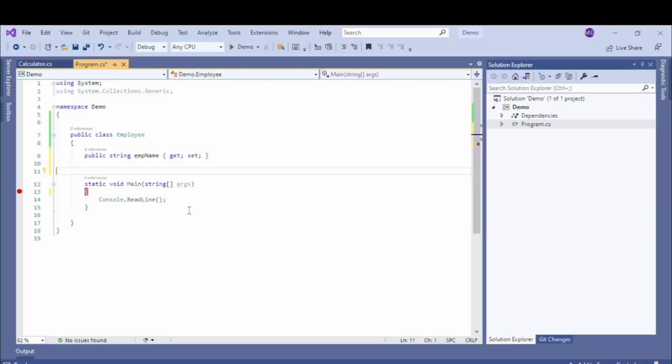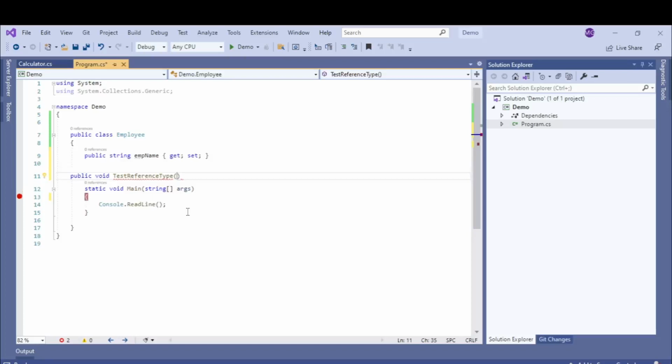Let's write a method which will take a reference type as a parameter and will update that reference data, and we'll see what happens. Let's write a method like public void. We are not returning anything, and the method name will be TestReferenceType, and we'll be taking a parameter of reference type.